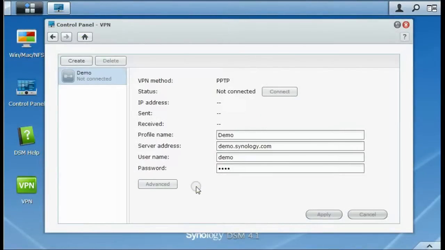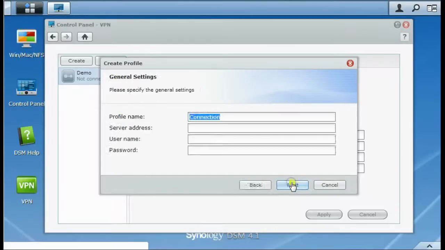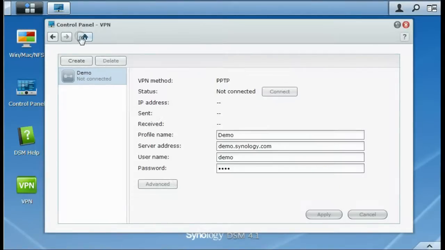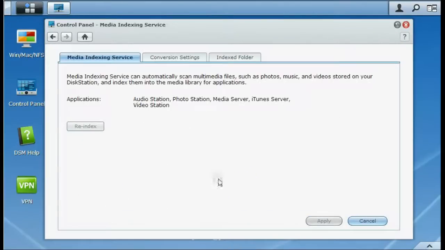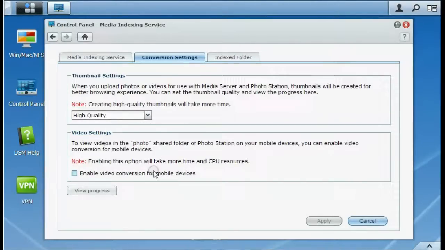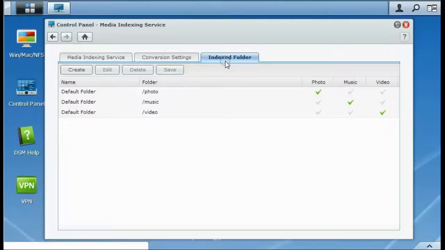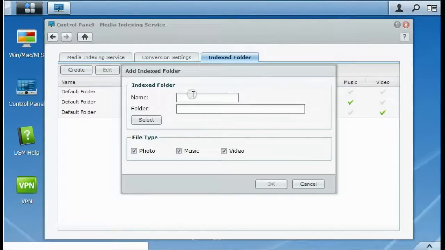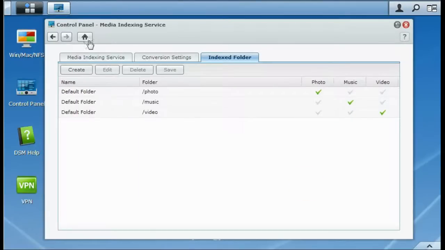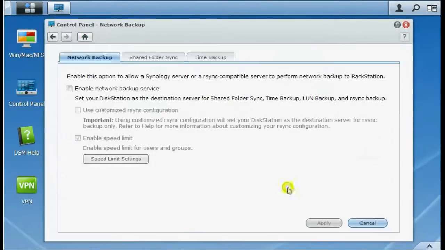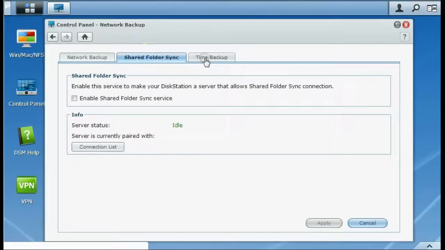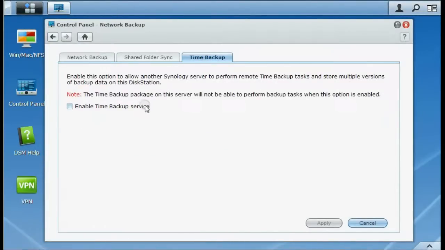This is a VPN, where you can create a virtual private network for your people to access things on your computers in your office. You can enable an iTunes server and have your media streamed out throughout your house, and that can be done for photos, videos, and music. And so this is the network backup, where you can back up your Synology to another backup and have your system fully protected from any kind of